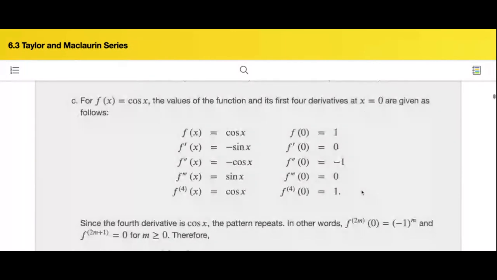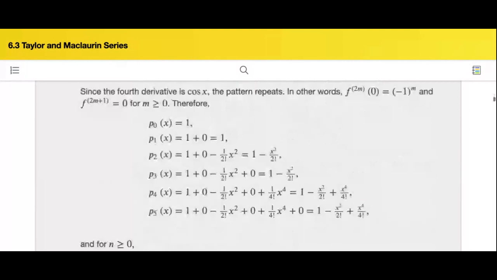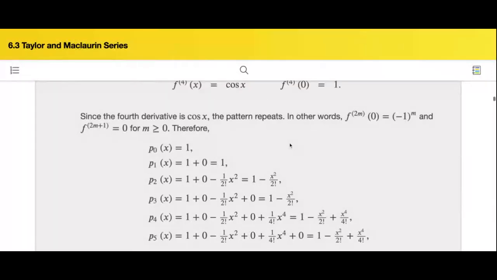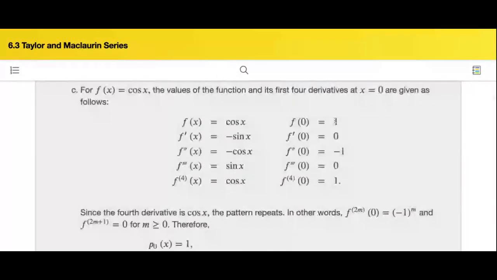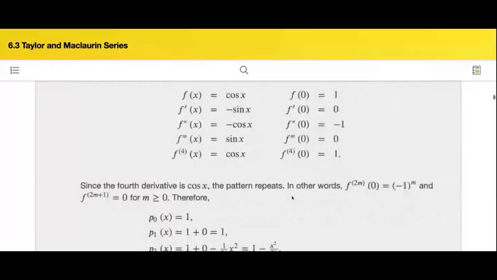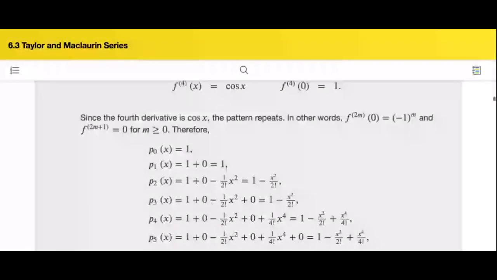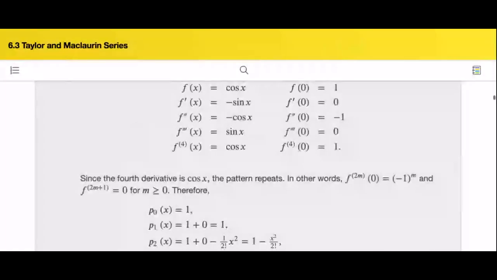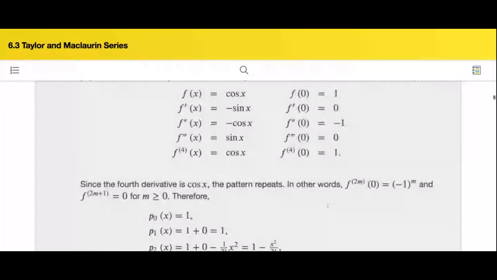Now let's plug into the definition of the Taylor series. If we take only the first term, that's just 1. Second term, we have 1 plus 0, right? So 1 plus 0 times x minus 0, that's 0. So take 3 terms, we have 1 function value plus the second one, which is 0. Then, because this is alternating, right? Because we get negative, positive, we could see the derivative,